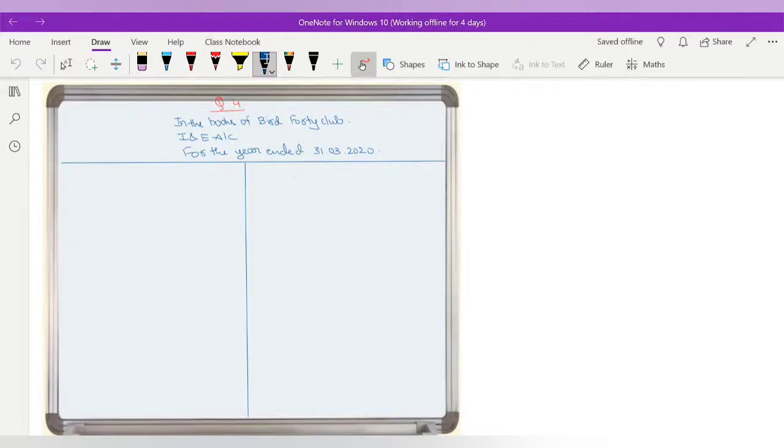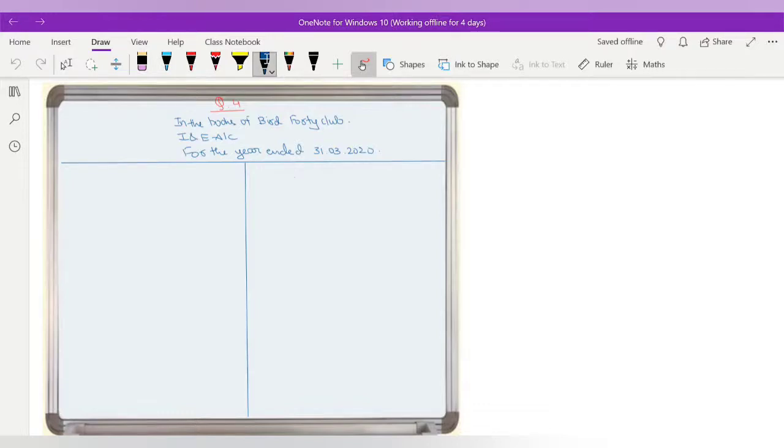This much we have seen, and we have seen some more concepts called outstanding and prepaid items, right? When it comes to subscription or any asset or any expenses, there will be some prepaid expenses and there will be some outstanding expenses. How to adjust them to arrive at the income or expense to be debited or credited to your income and expenditure account will be calculated, right? On that already we have solved three sums. Now let us move ahead and see illustration number 4 of your study material.